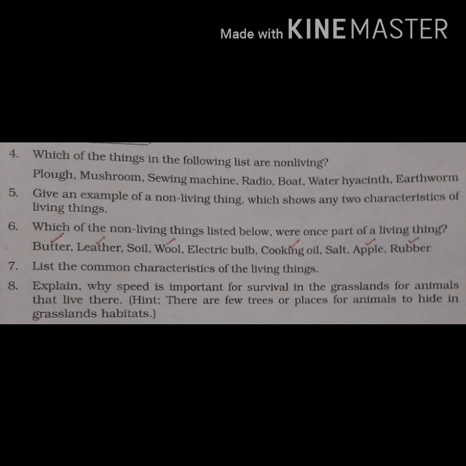So dear children, with that we have come to the end of this chapter. Now it is your work to complete all the question answers neatly in your notebook. If your notebook is not neat and tidy, you will have to rewrite it. So complete the notebook and study the question answers. Before writing the answers itself, read the lesson minimum 2 times so that you will be very thorough with the